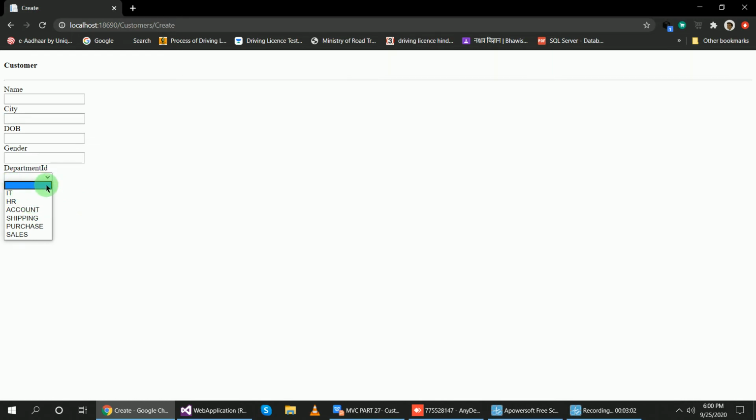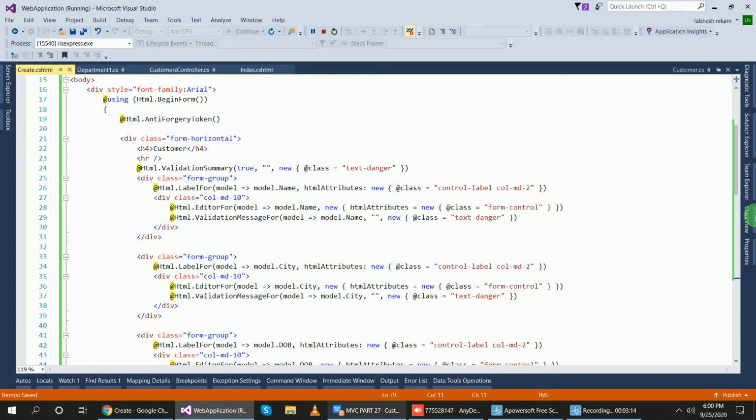So in this place I will add select department, and for the gender field I will add a drop down box with select gender. So let's go to the application, go to the create view and change the gender field.